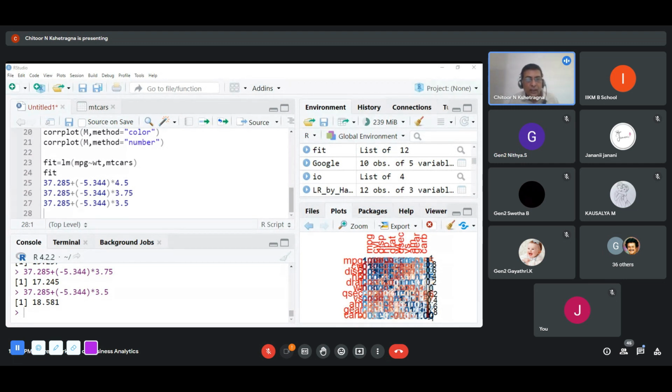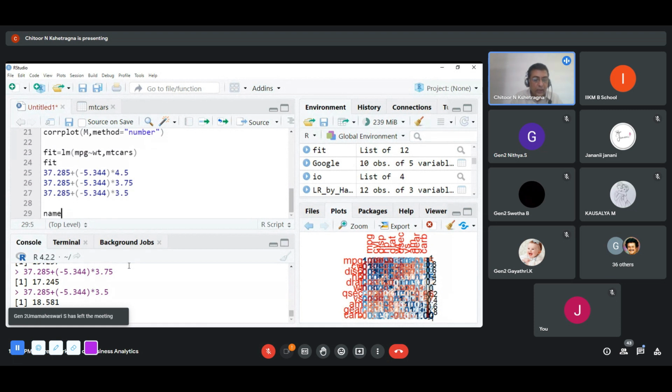For example, Honda City on a highway can give 27. Indica diesel can give 27, 28 kilometers per liter on a highway. City can give you 19, 20. Very fuel efficient car, right? So this is only one variable, what we took, the variable of weight. I can take all other variables. I can do a multiple linear regression, right? So what are the other variables I can take?